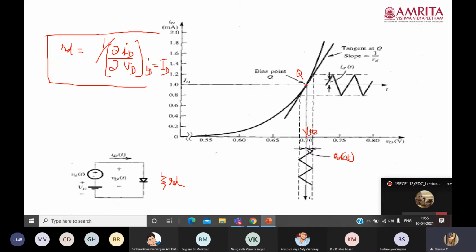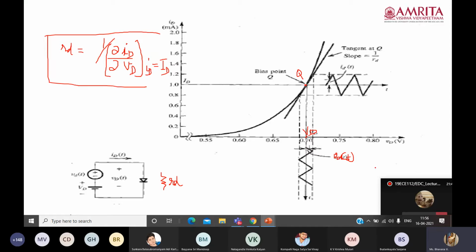How to obtain the small signal equivalent circuit? It is with respect to AC analysis, so while drawing it there won't be any DC parameter present. First we have to eliminate all the DC sources present in the circuit. After eliminating all the DC sources, we have to replace the diode by its small signal resistance. Is this clear to you? Please do respond. Yes, ma'am.